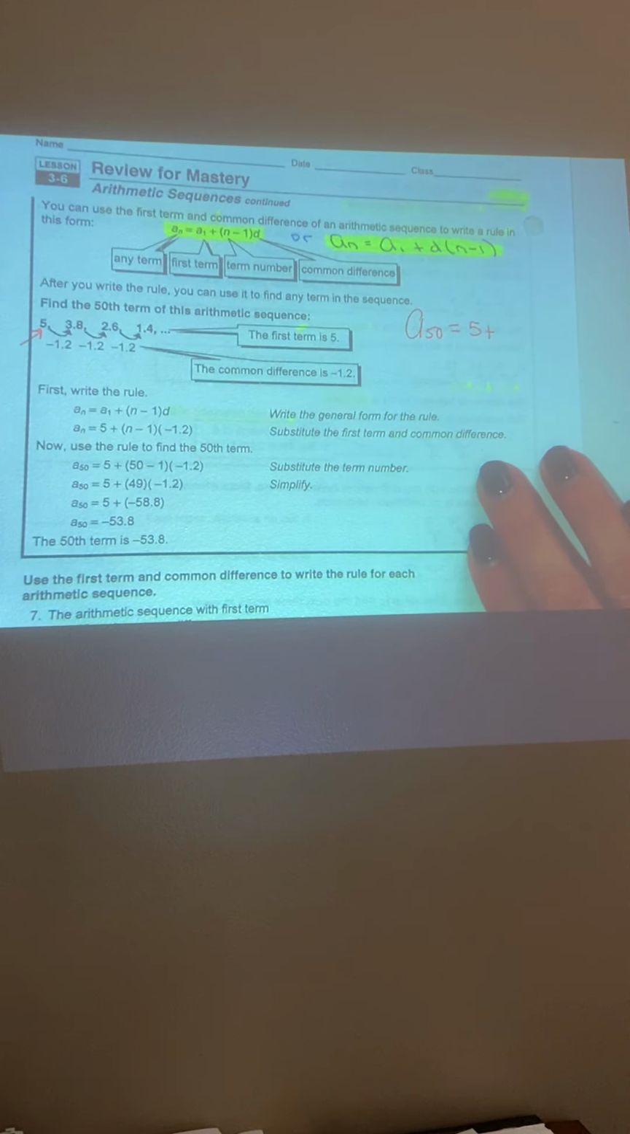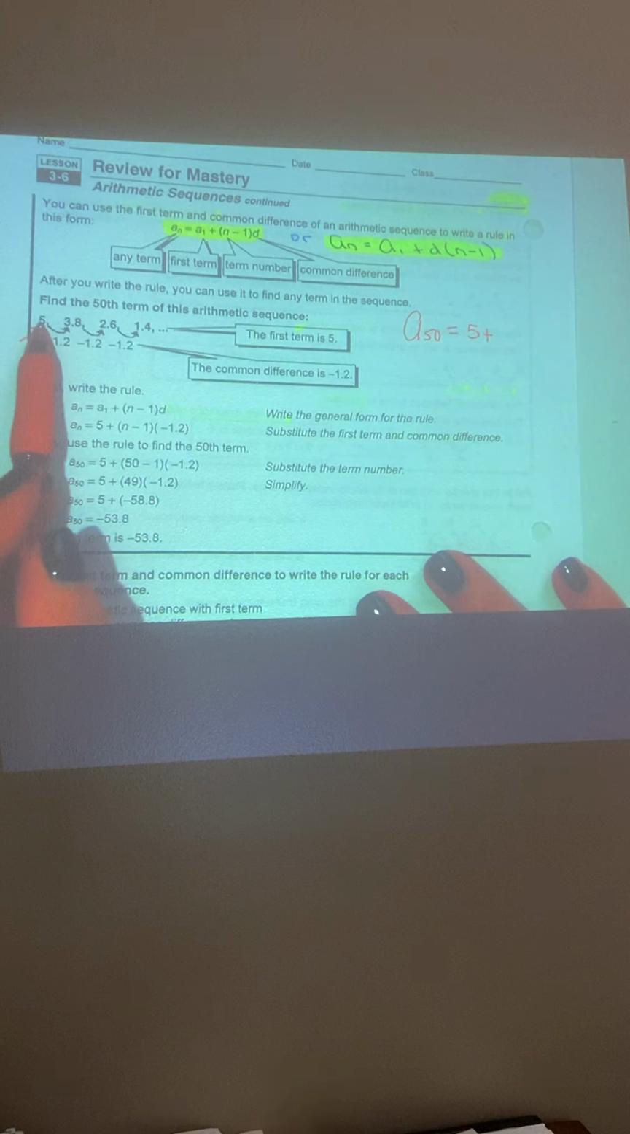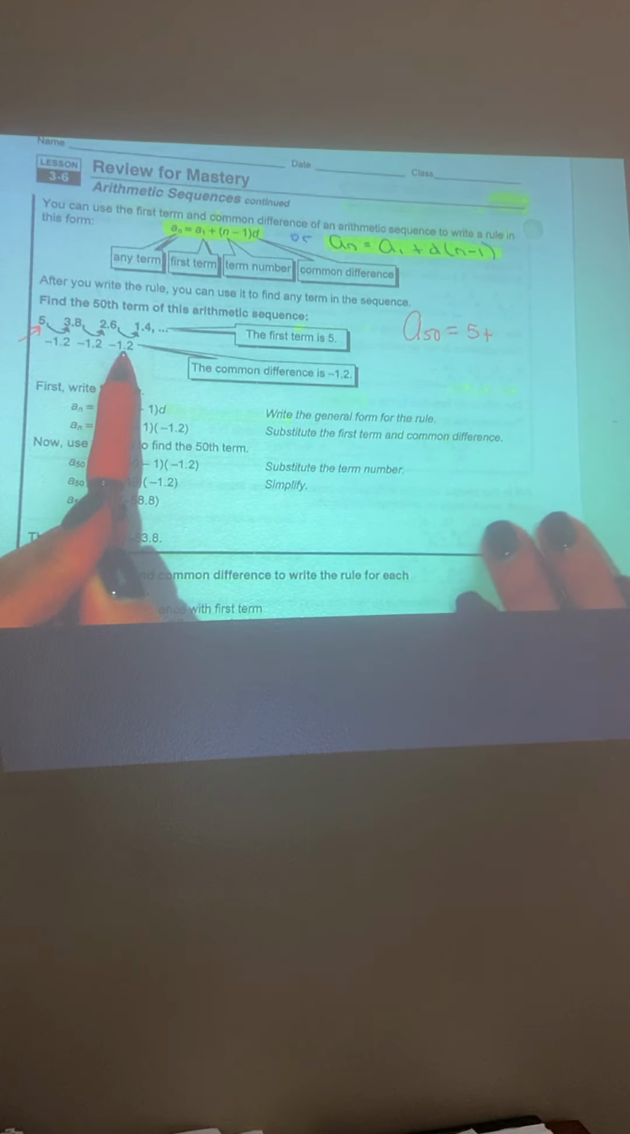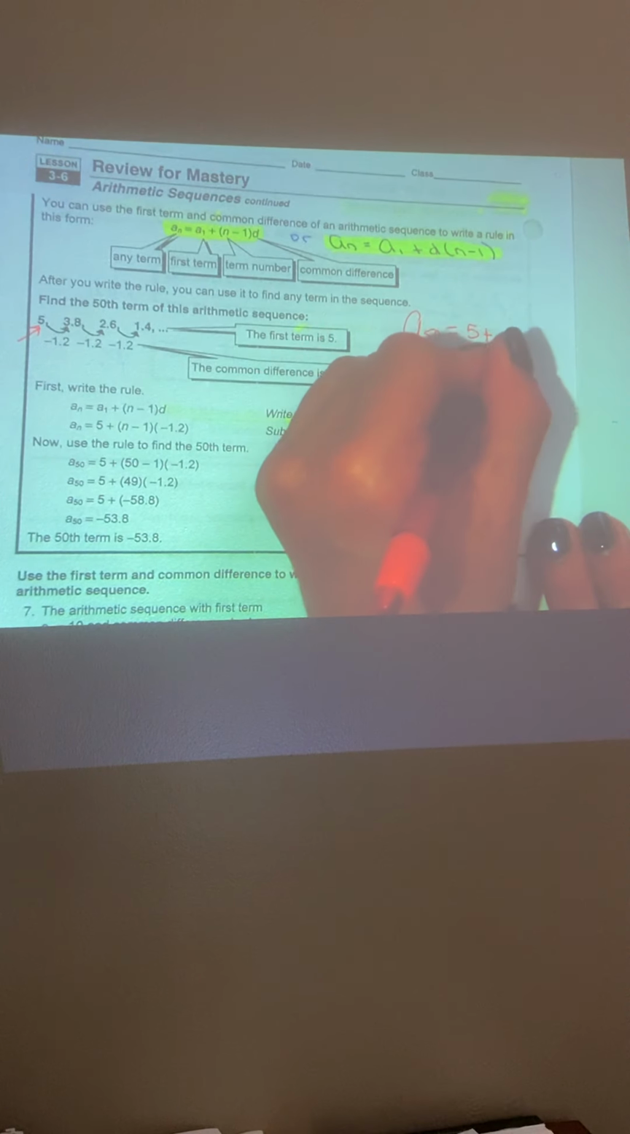Plus the common difference. What is the common difference? The difference between 5 and 3.8 is minus 1.2. 3.8 and 2.6, minus 1.2. 2.6 and 1.4, minus 1.2. That's the common difference